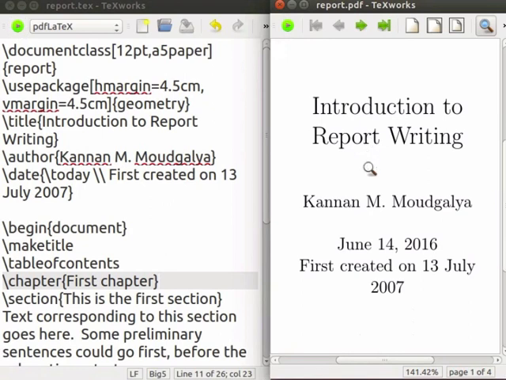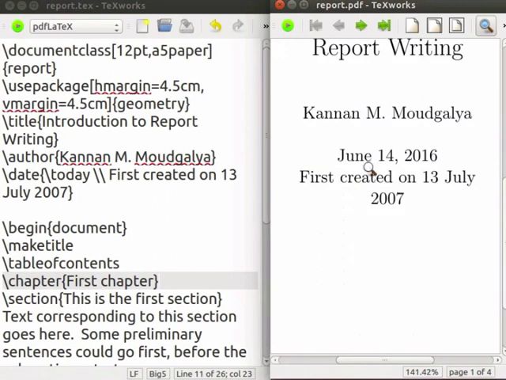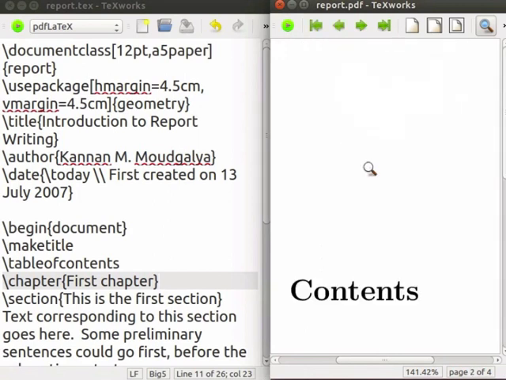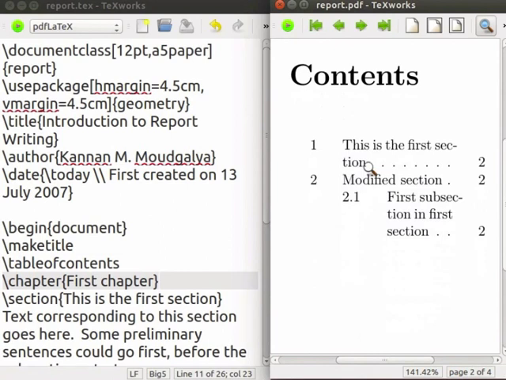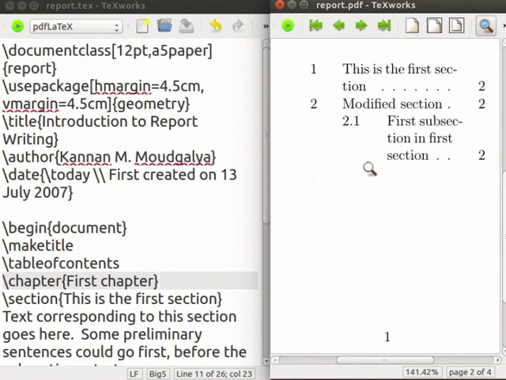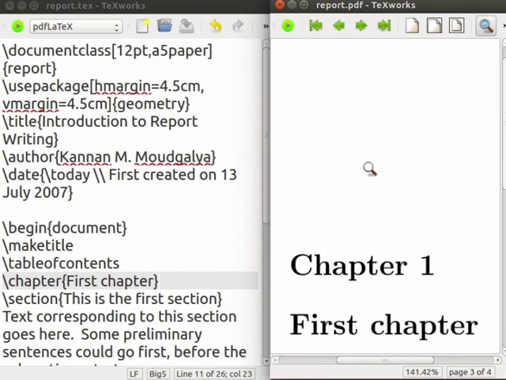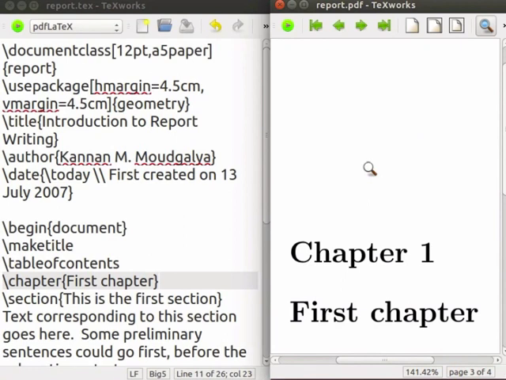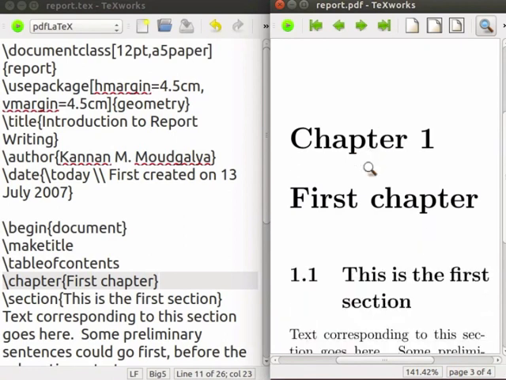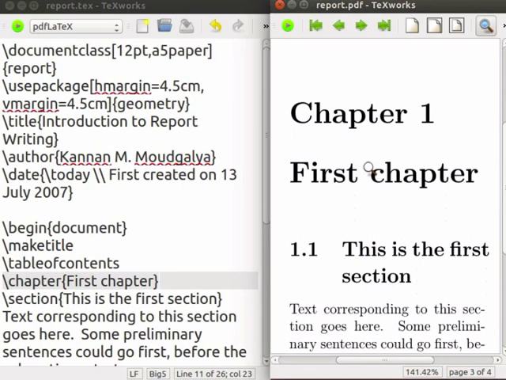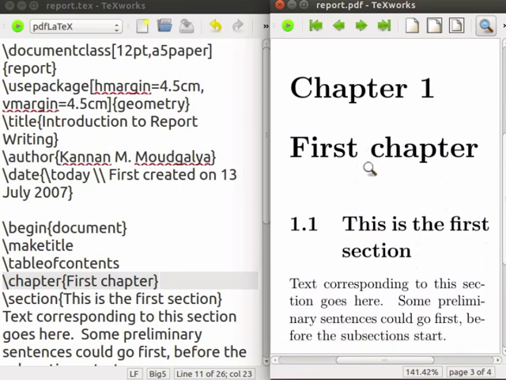Title appears on a whole page that has no number. Contents also appear on an entire page with page number 1. Please pause here and find out how many entries in contents are wrong. Let's go to the next page. Notice the way the chapter begins. How many distinguishing features can you identify? You should find at least 5.